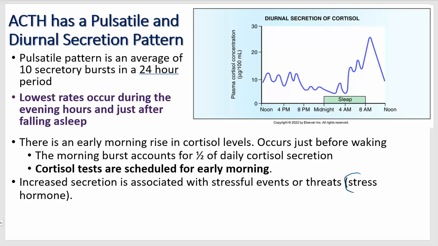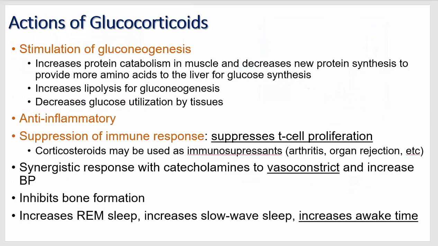Okay, so increased secretion is associated with stressful events or threats. So the actions of the glucocorticoids, so cortisol: stimulation of gluconeogenesis, increases protein catabolism in muscle, decreases new protein synthesis to provide more amino acids to the liver for glucose synthesis. So we're really increasing glucose. Okay, so that's what this category is, but this is how it's doing it. It increases lipolysis, so they can make glucose. Decreases glucose utilization by tissues, so you have more available